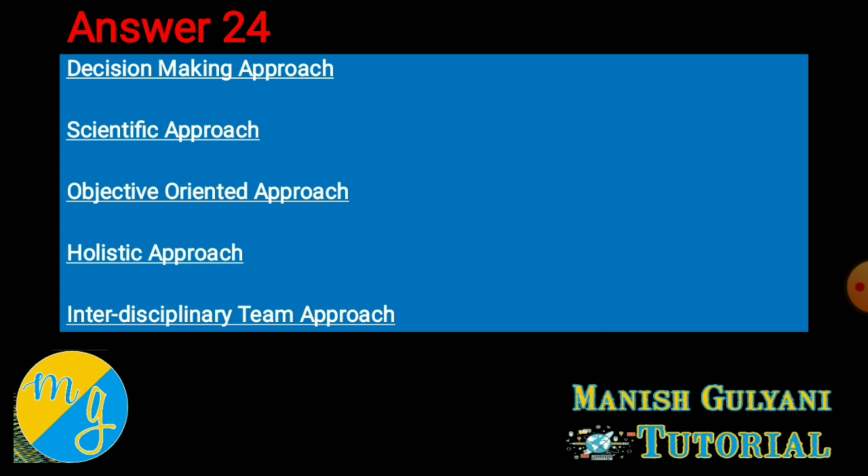Fourth approach is the holistic approach. Holistic approach means whole approach. It means that while arriving at a decision, an OR team examines the relative importance of all conflicting and multiple objectives, and also the validity of claims of various departments of the organization from the perspective of the whole organization. In simple language, if your problem is sale maximization, as per the objective oriented approach, your objective is sale maximization. Now how to maximize sale?